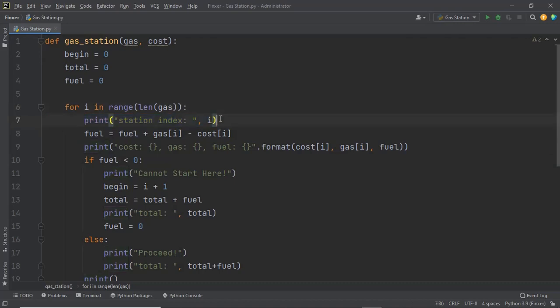Now within each iteration, I am printing the station index. So initially the value of i will be 0, then it will be 1 and so on. Now we simply go ahead and calculate the value of fuel. Please note that fuel here plays a very important role, and you'll understand this once we move inside this if statement. So as of now, let's consider that fuel stores the difference of gas and cost at a particular